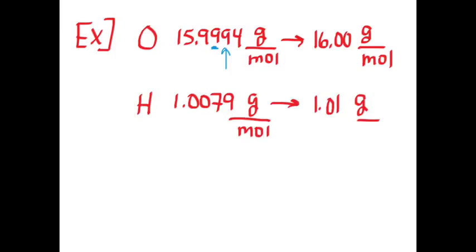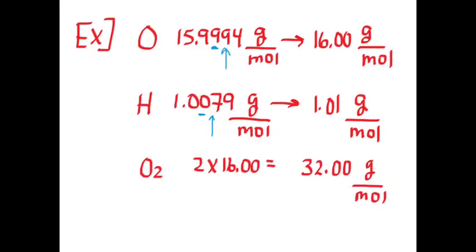Hydrogen is 1.0079 grams per mole, rounding to the hundredths place. You look at the 7 and round the hundredths place up to 1. If you have 2 oxygens, since it's diatomic, you simply multiply those masses and you get 32.00 grams per mole. Hydrogen,